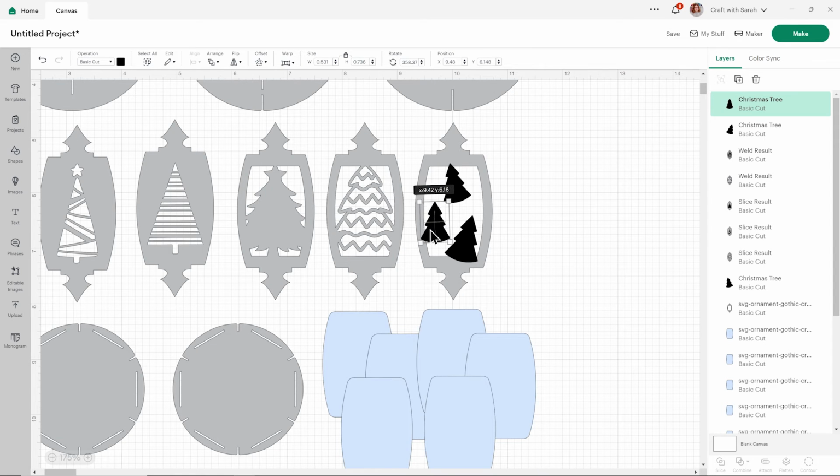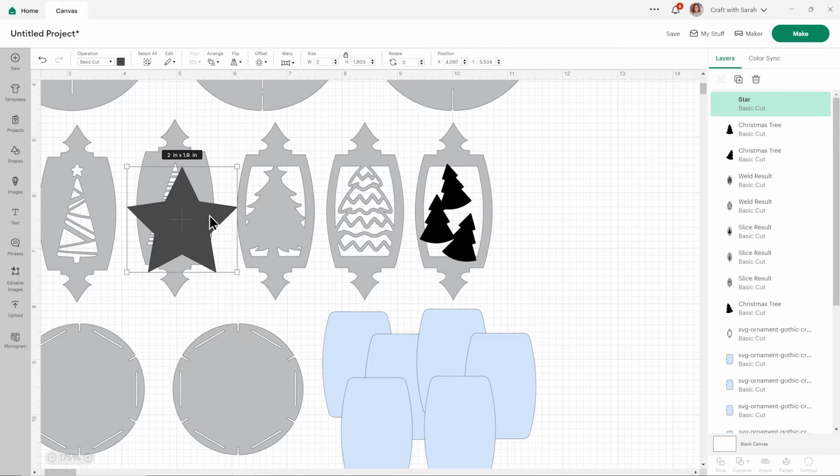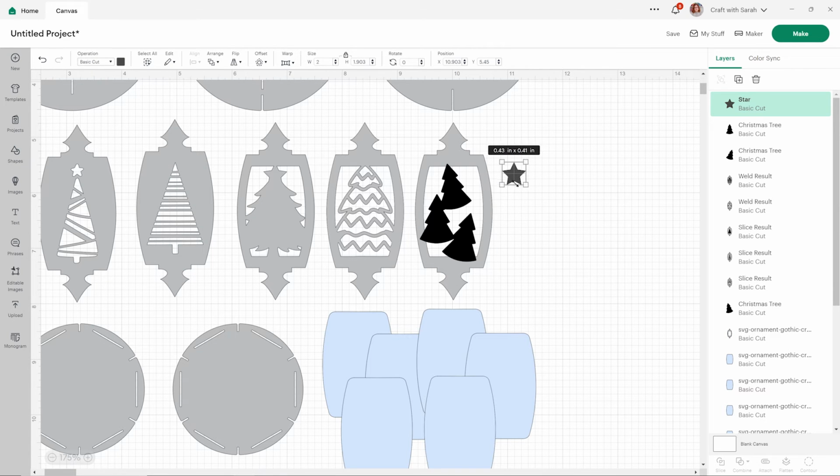rotations. Now, at the minute, this wouldn't be great because even though all the trees are touching the edge, they're not joined to each other, so they're gonna not be very stable within the ornament, especially if you decided to leave off the inner shapes. So either just make some of them a bit bigger so they end up touching. That actually works pretty well. But I've still got quite a lot of gaps. So another thing you can do is choose other images that complement it. For instance, on this one, seeing as we're doing trees, stars would fit nicely.